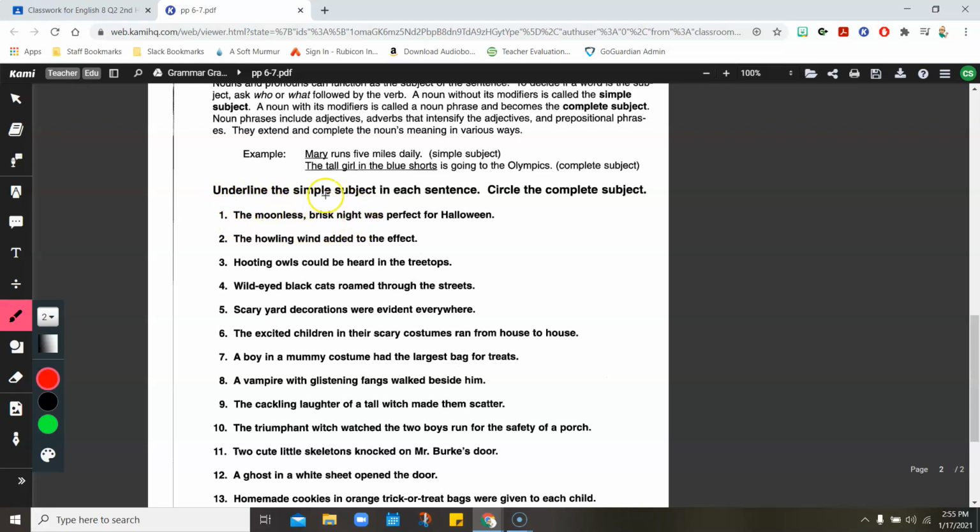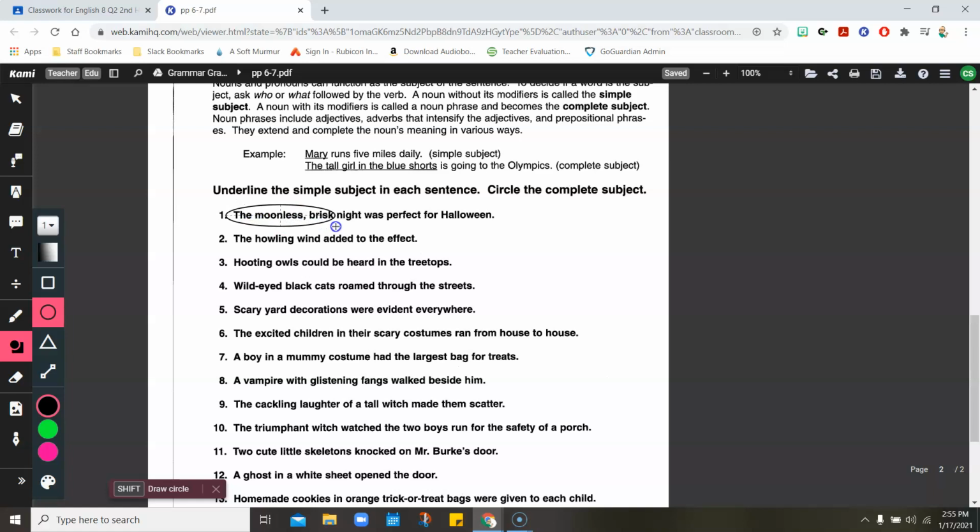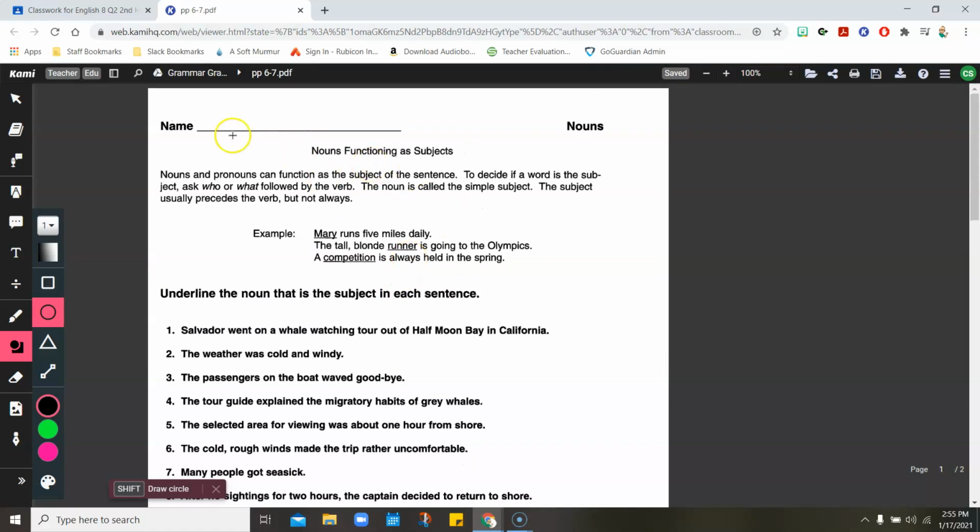Okay. So you're going to underline the simple subject. So the simple subject here would just be night. Okay. The night was perfect for Halloween. And the complete, if you're good with your mouse, you can kind of circle it like that. So your answer would look sort of like that. Okay. If you want to use the shapes up here, you can use the shapes as well to kind of do it this way. That would look more like that, and then you would underline night the other way. So whatever you're comfortable with works for me as long as it is circled. Okay, so this is going to be due on Wednesday, so this is posting on Tuesday.